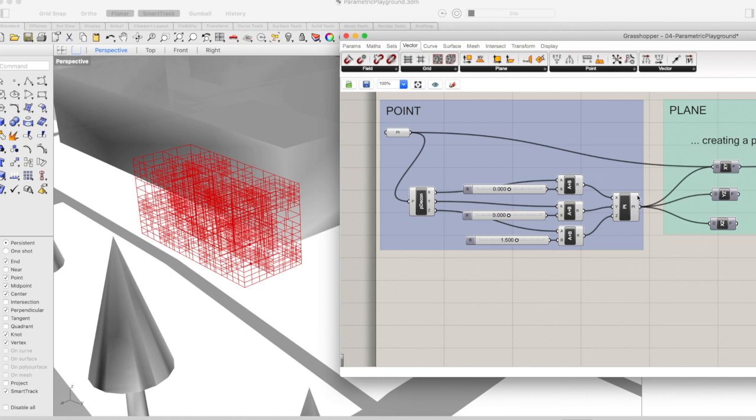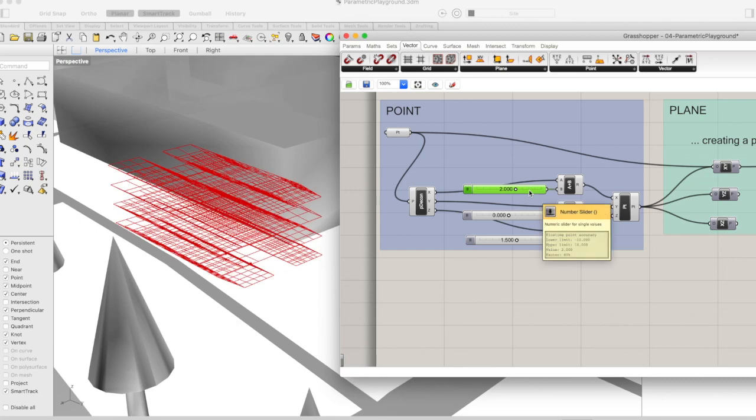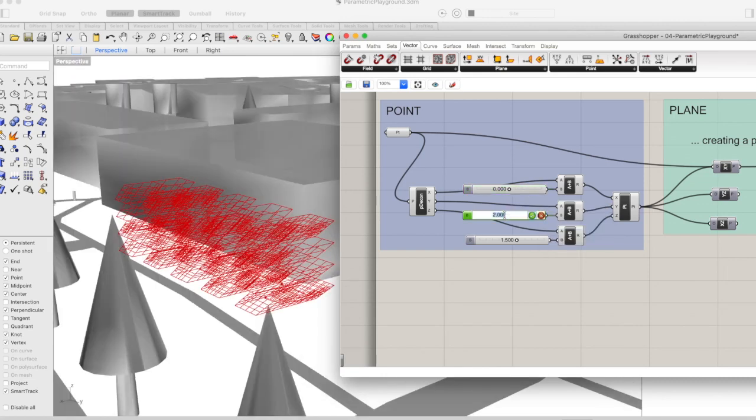So remember the second point that we generated above the first point. Then we create our rectangle geometry based on that. Now we can also add some x value to it. So maybe this